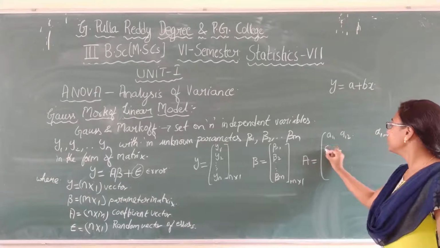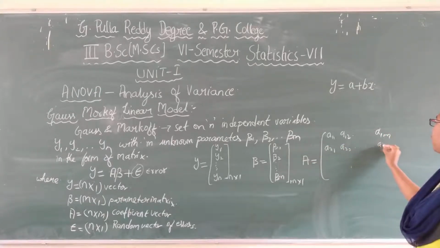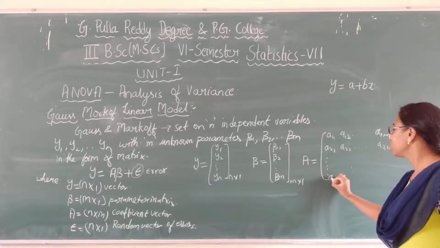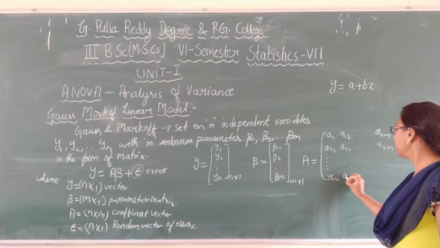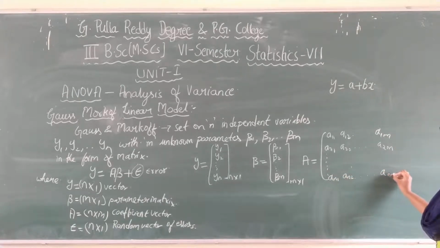Similarly, a21, a22, so on, a2m. There are a total of n variables, so an1, an2, so on, anm. So the total values, it is an n by m